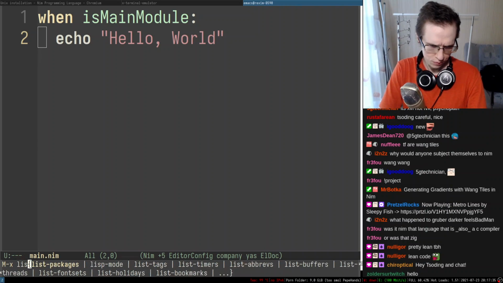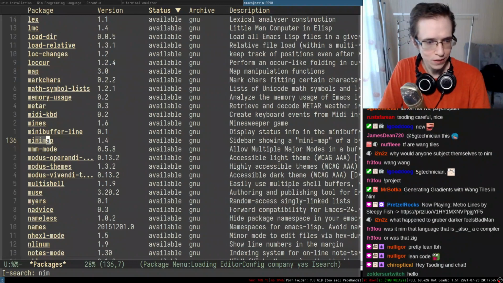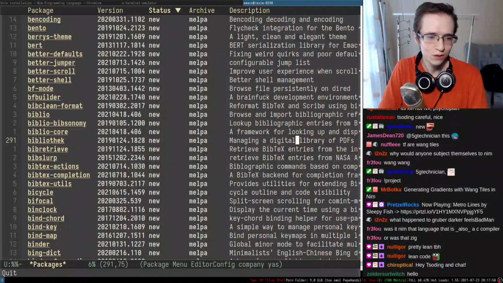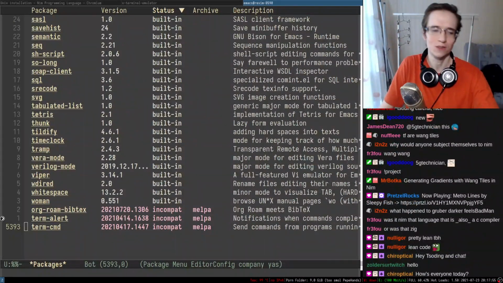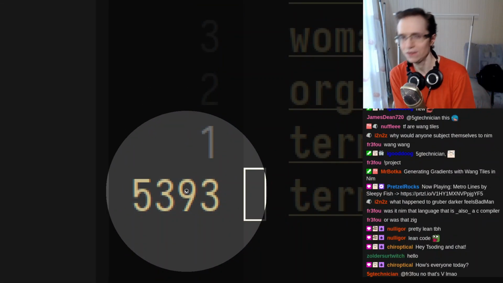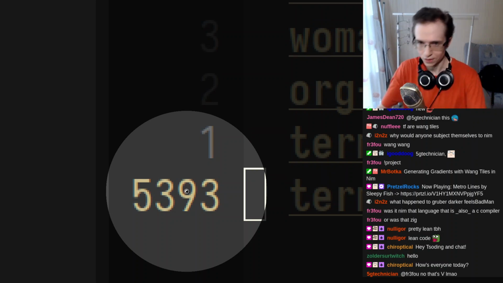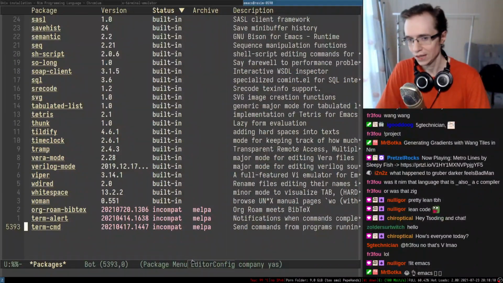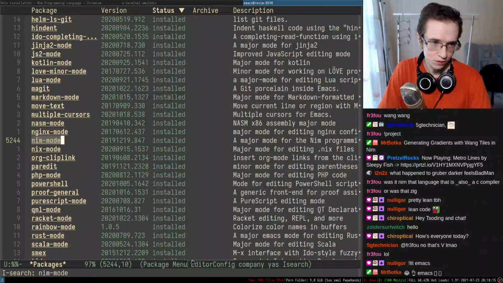So, yeah, I wanted to maybe update the Nim mode. Where is the Nim mode? How do you update things? I don't remember. Oh my god, it's so slow because it's downloading the list of packages, and there's too many packages. There's 5,393 packages in Emacs repositories. That's a lot of packages. Well, it's not actually, it's just that Emacs is slow. All of the applications in 2021 are slow because people don't realize that 5,000 things is not that big of a number. But anyway, Nim mode, it's installed.